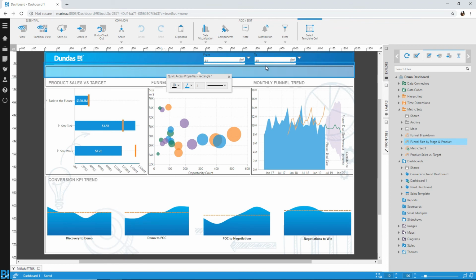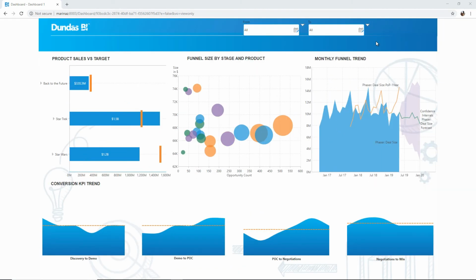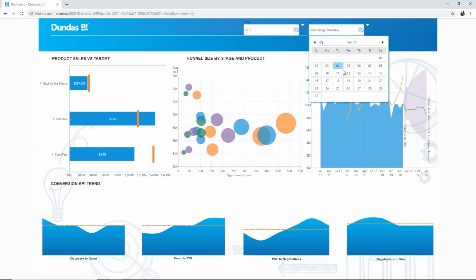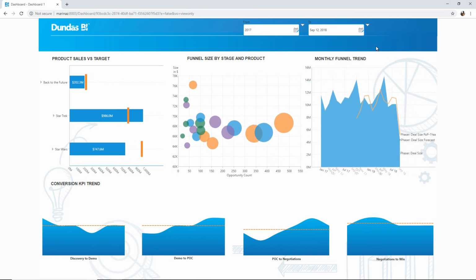Now that our dashboard is complete, let's view this in full screen. You can see how easy it was to build a visualization and a complete dashboard using Dundas BI and Warp Speeds. I can begin interacting with the dashboard to test the filter control that I set up. There are tons of features that the power user can utilize when creating dashboards and visualizations, but we've only begun